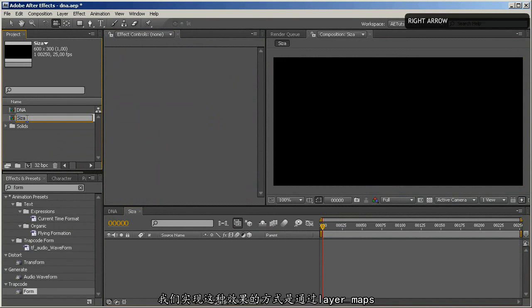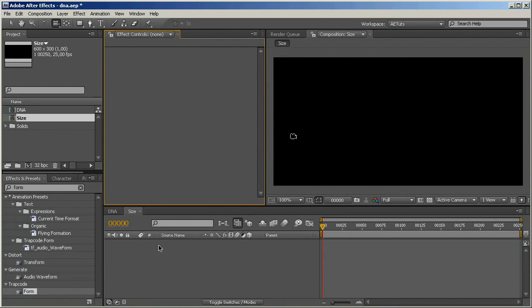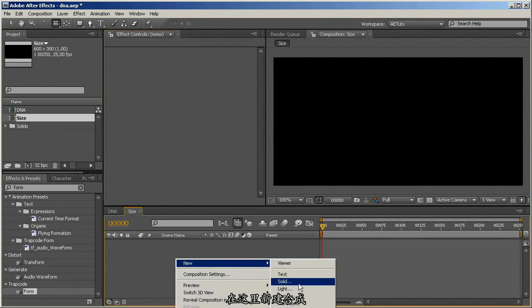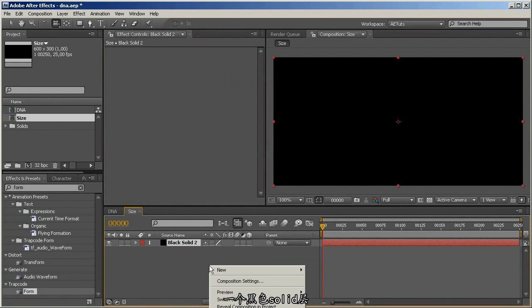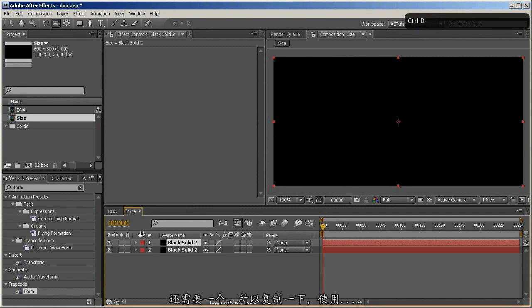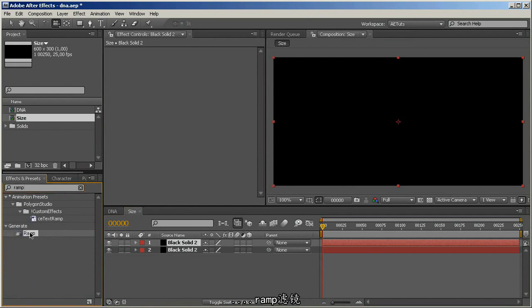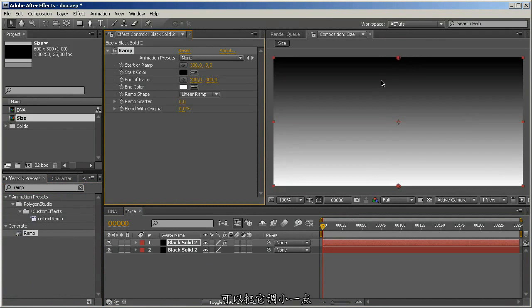And the way we're going to achieve that effect is through layer maps. We're going to create a composition that is going to drive the size of each of those small particles that those vertical lines are made of. So I'm just going to create a solid here, a black solid, and then another one on top of that. Let's just duplicate it, apply ramp effect to it. You can actually make it a little bit smaller,